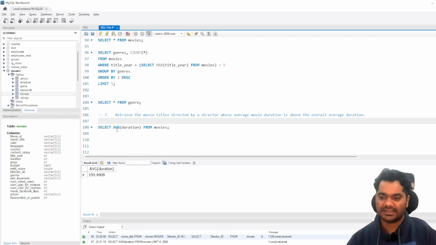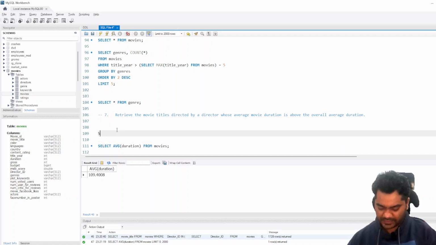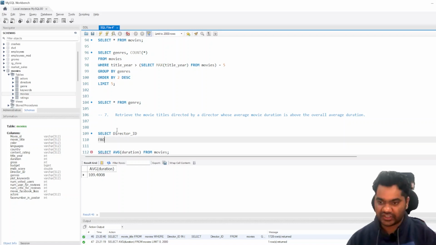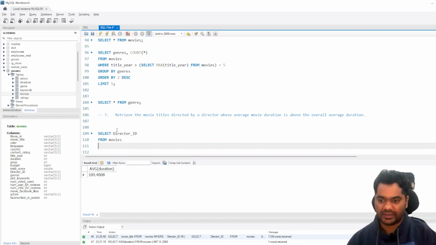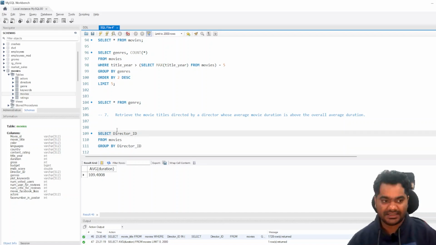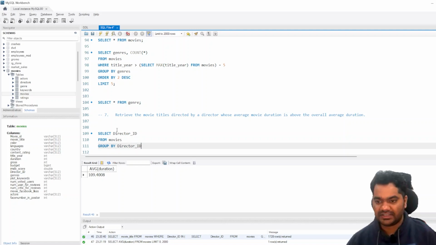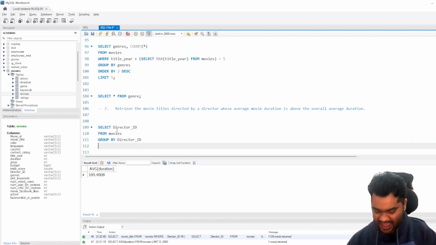So how we will do this? We will write select, and we will be selecting the director ID, and from which table, from movies table. And what we will do is we will write a group by clause, that is group by director ID. And since we want the average value, so we will write having